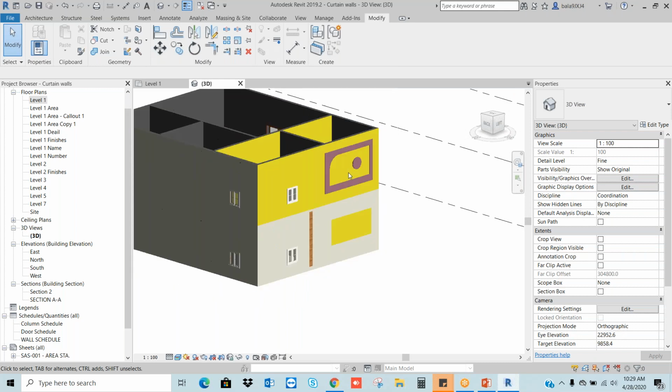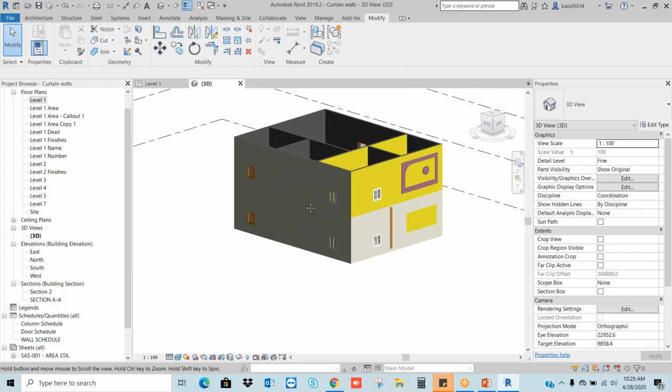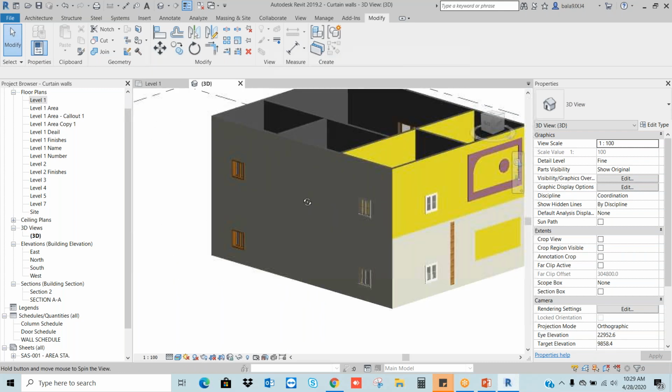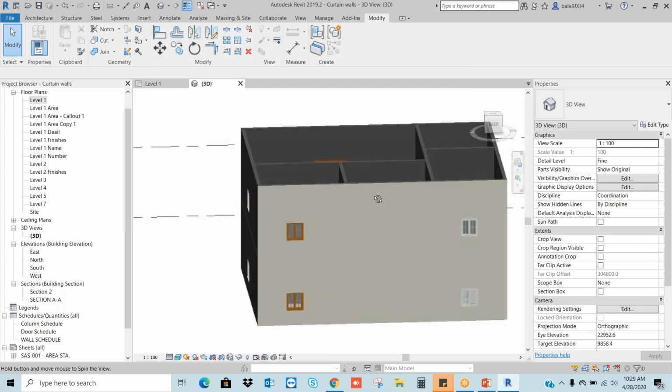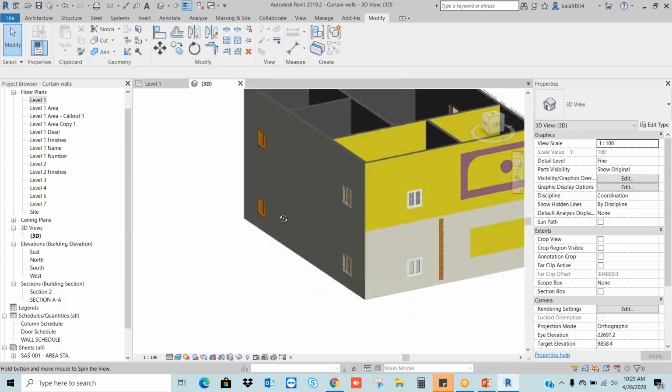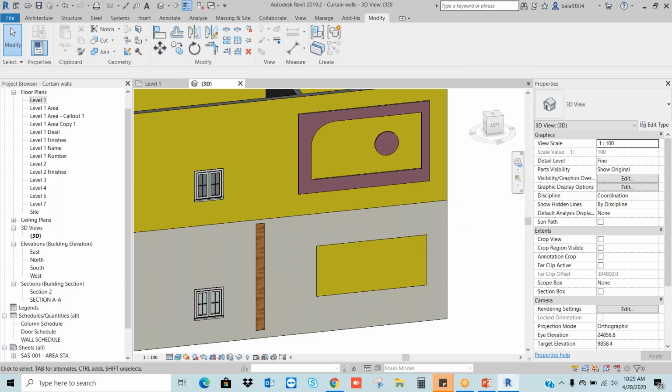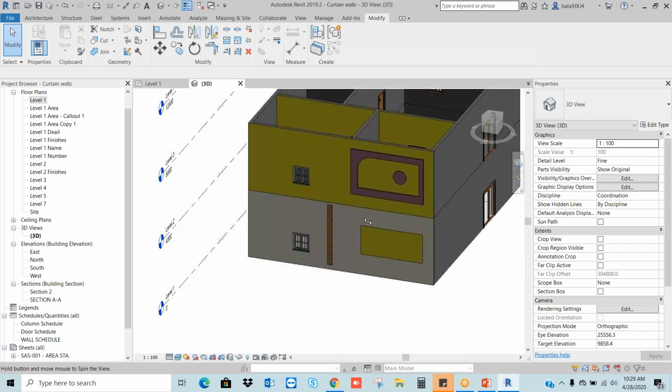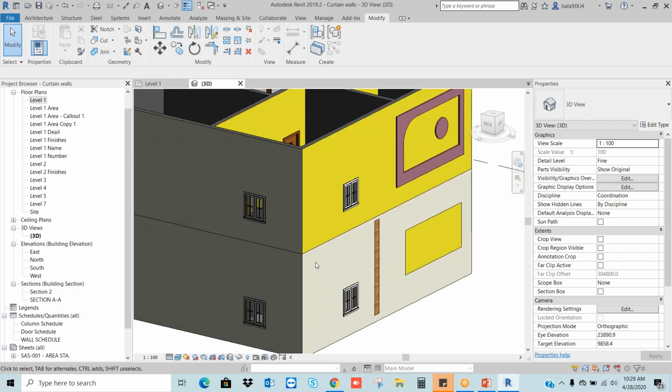Okay. So let's say now this is my first floor. I have this slab here. Here I want to create. Let's say now I am going to one side.